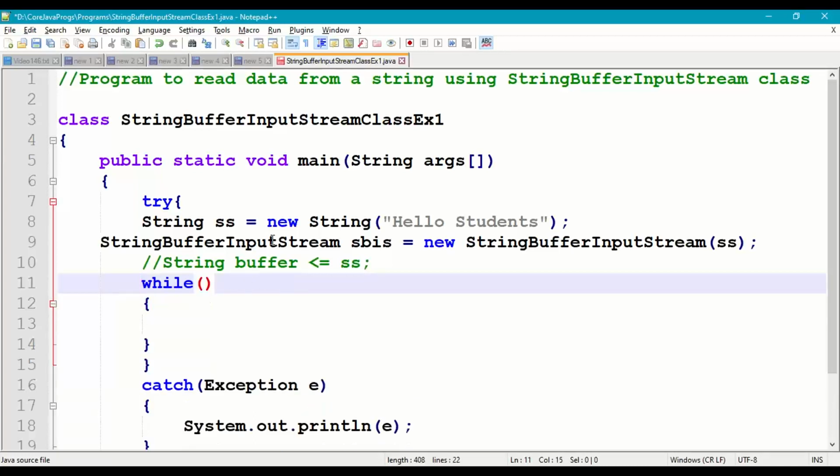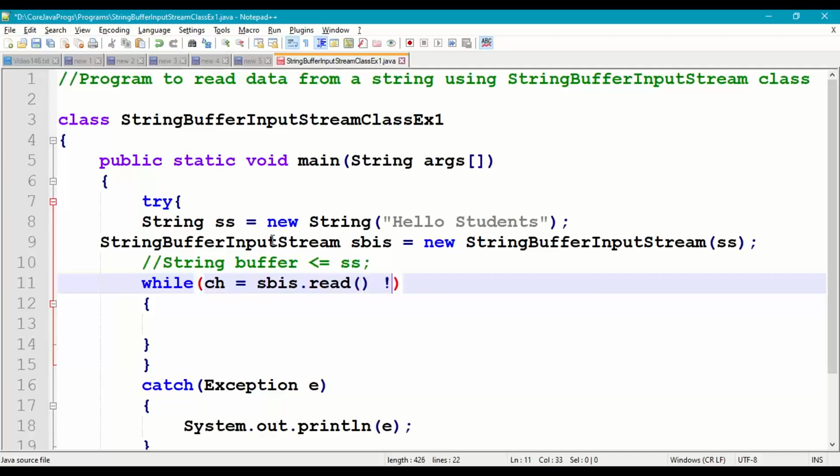Now inside this while loop condition, I'm going to read the data: StringBufferInputStream dot read. It will read 1 byte of data from the given string. So let us store this in some variable, something like ch, and let us check